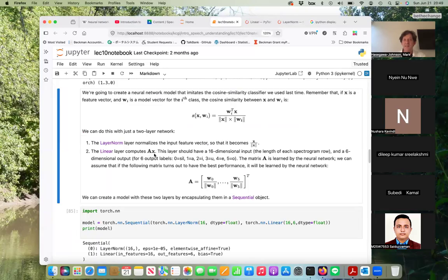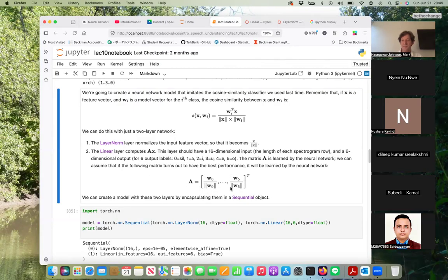What this does is it calculates the dot product between x and each one of the rows of the matrix A. So if the matrix A has rows W0 through W5, and if we've already normalized the matrix A so that each row is divided by its magnitude,